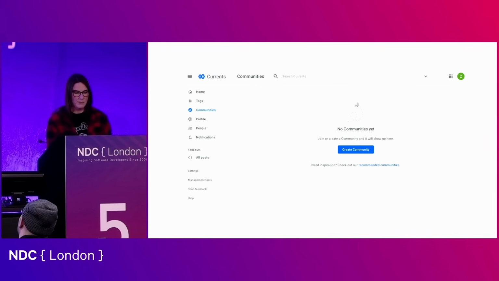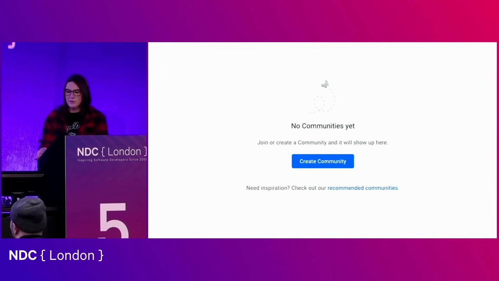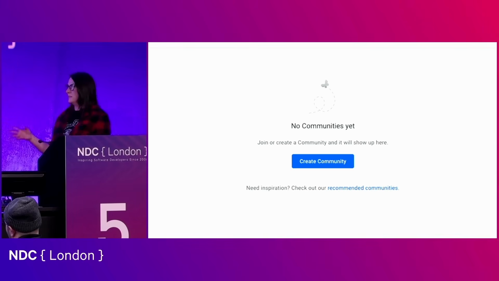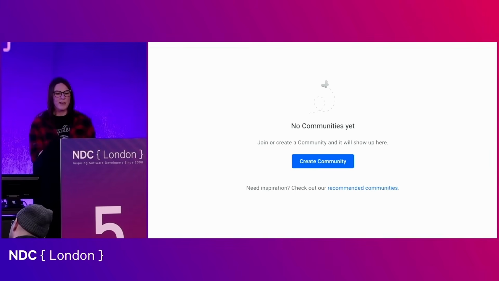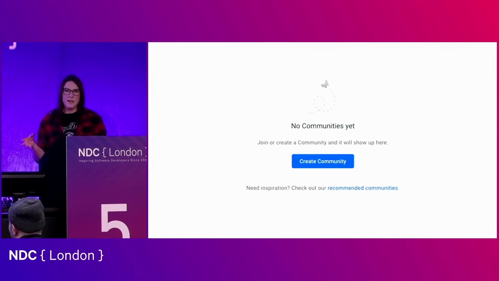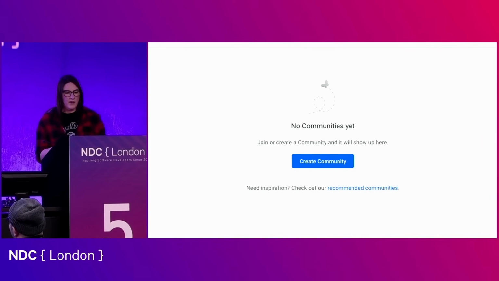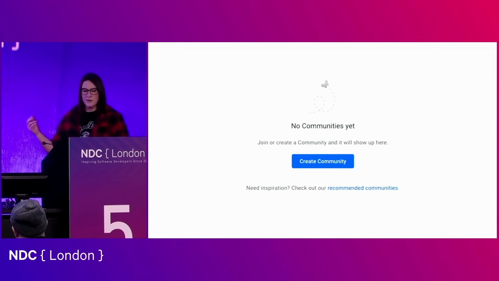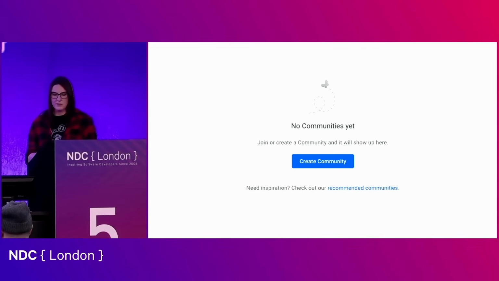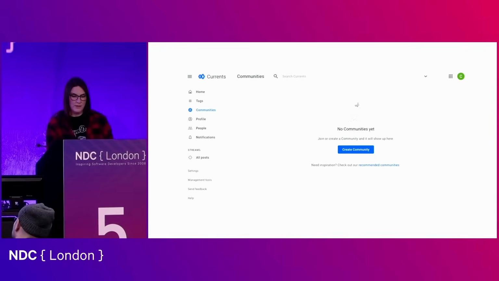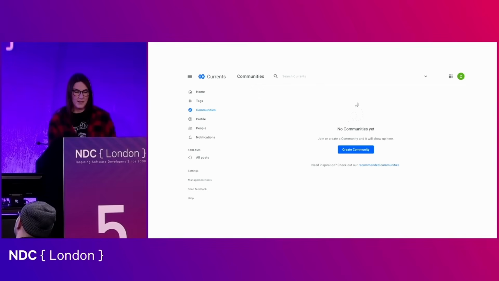Let's look at this empty state. This shows an example of task-driven signposting, where you're helping the user navigate to the assumed next stage within their flow. Create community here is the very clear next step for the user. This example also shows, if I go back, a nice "you are here" with that menu with the highlighted place where we are.